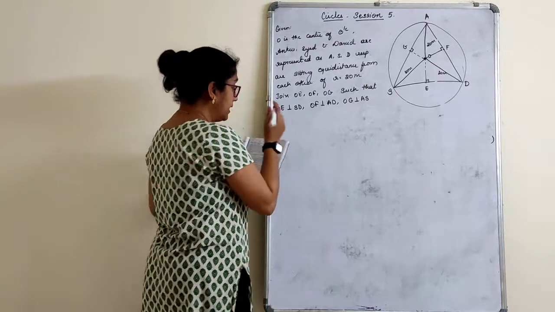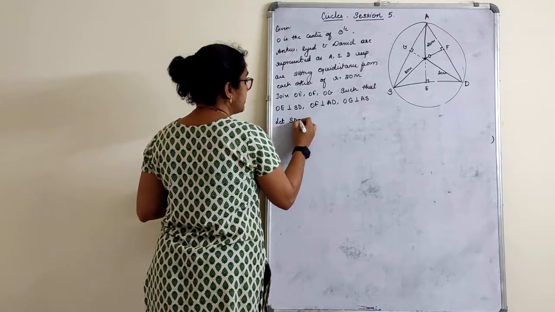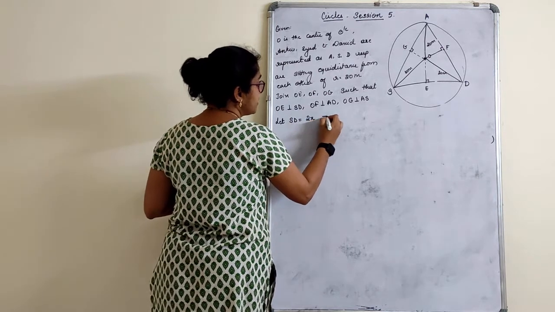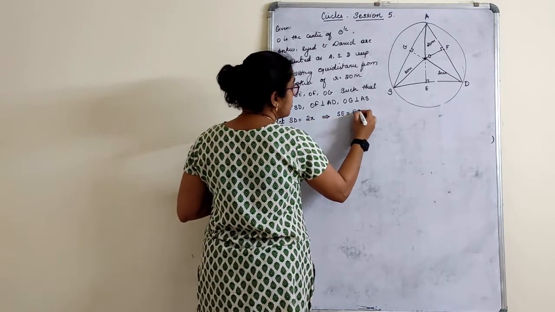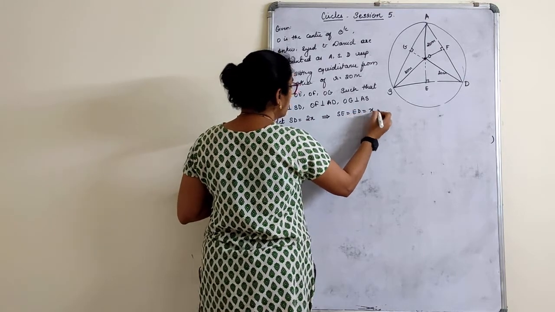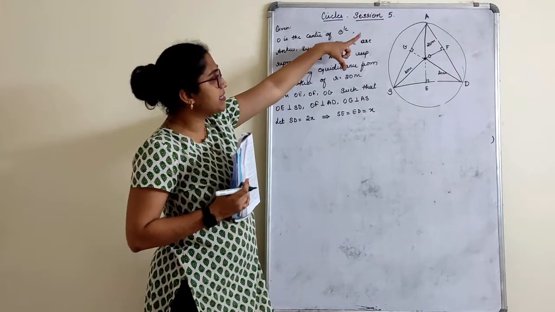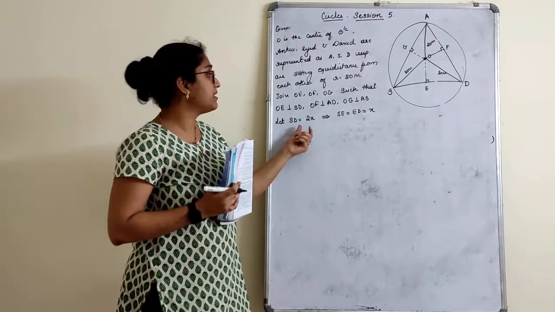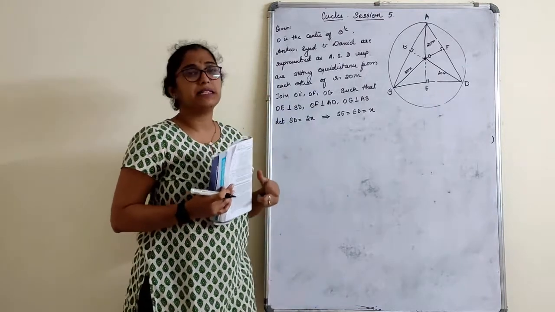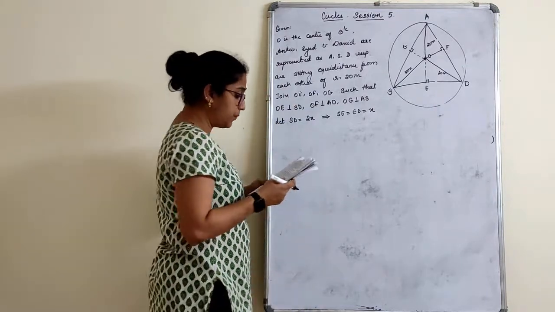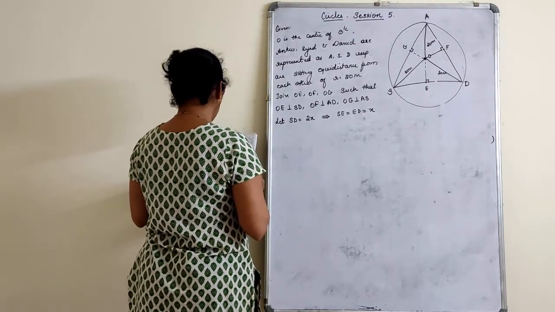Fine. Let SD be equal to 2x. This implies SE is equal to AF is equal to x. SD is nothing, 2x means even AD is 2x, even AS is 2x. Now why 2x? X you can consider, then this will become x by 2 and x by 2. Answer will be same, children. Don't worry on that. Okay. So this much is very clear. We have considered this much now.